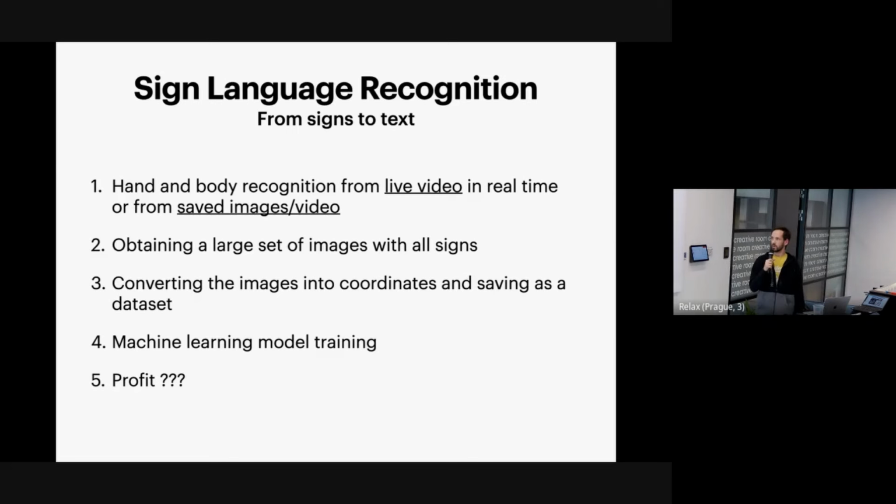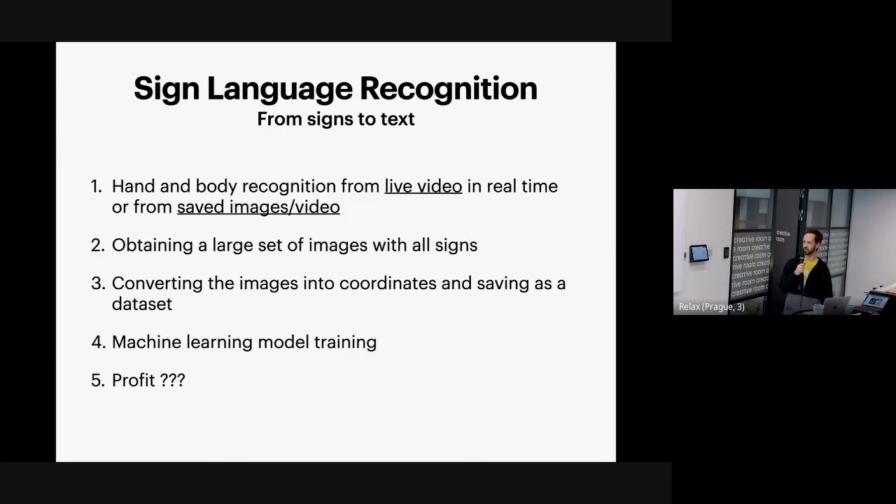And then when you have that, you just need a lot of data. You need basically images with all the signs that you want your model to recognize. You can, for example, convert them into some coordinates. That's what I did. That's why I'm mentioning point 3, converting the images into coordinates, just like X and Y, where all different parts of the hand and body are. Save it as a data set, and then hurrah, you can do your machine learning model training, and then, well,